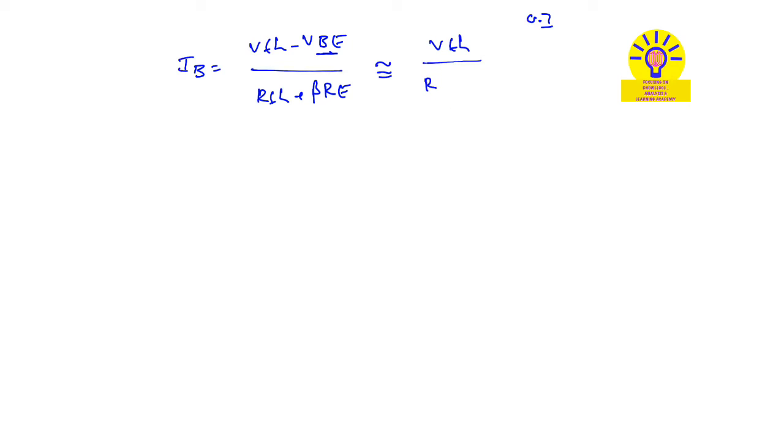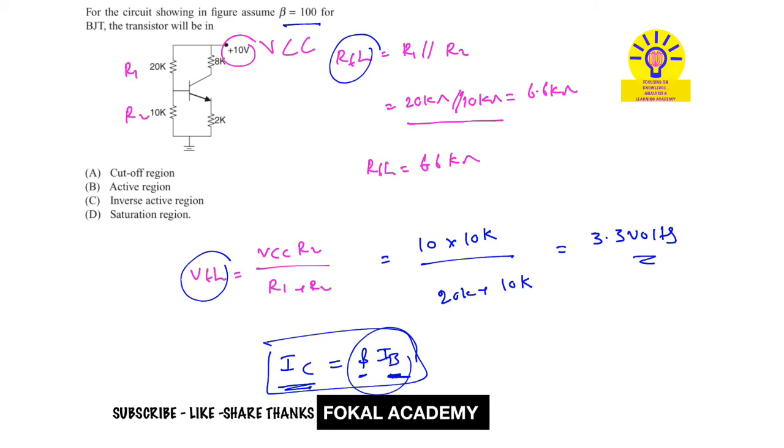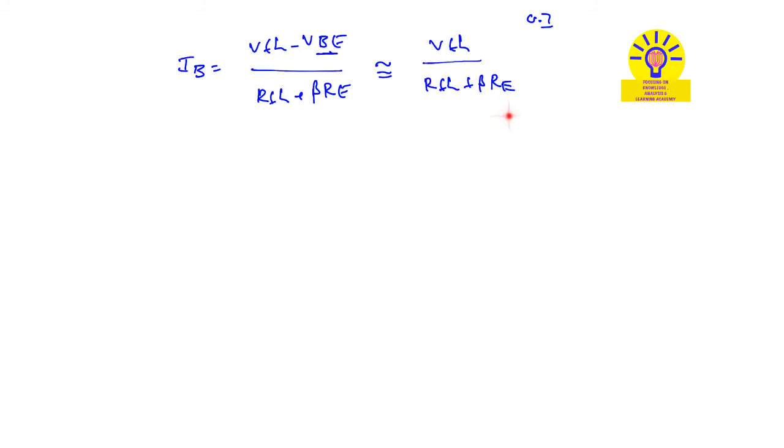So for self-biased circuits, IB is equal to VTH minus VBE divided by RTH plus beta RE. VBE is 0.7, which is a very negligible value, so it is almost equal to VTH divided by RTH plus beta RE. Now substitute the VTH and RTH values, and RE we have 2 kilo ohms. So the emitter resistance is 2 kilo ohms. Now substitute in this equation, then we'll get,